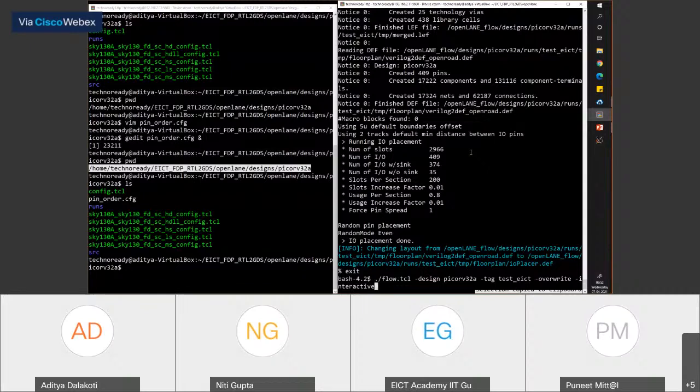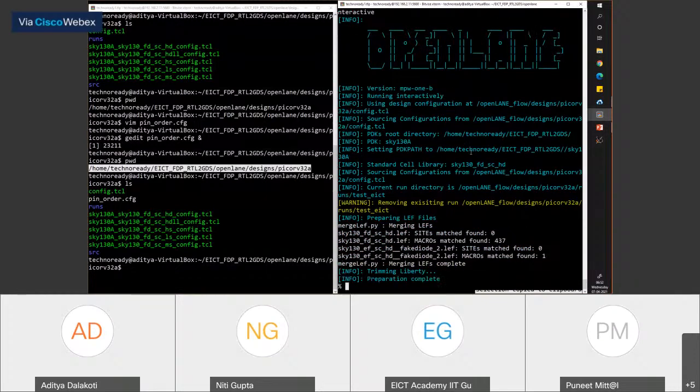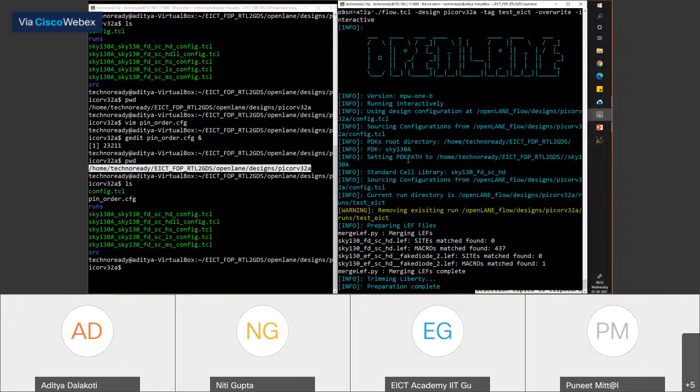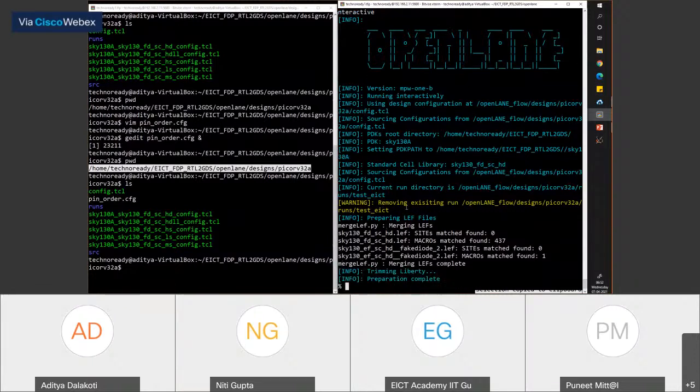So rerunning something is hard. That's why it's easiest to just rerun the whole thing. So I did the same command, flow.tcl -interactive -design pico_rv32a -tag test_EICT -overwrite. As you see here, it is removing the existing OpenLane design pico_rv32a test_EICT. It removed the old directory and now it is creating it again.